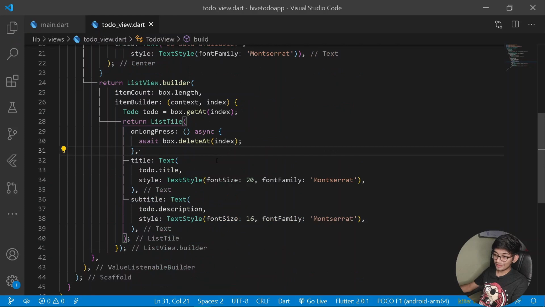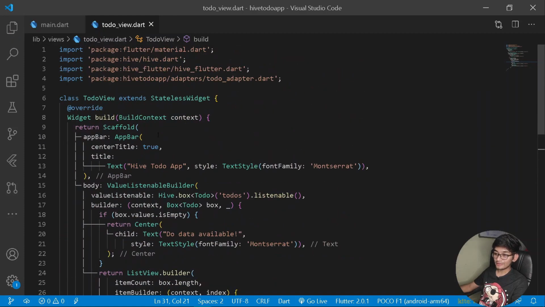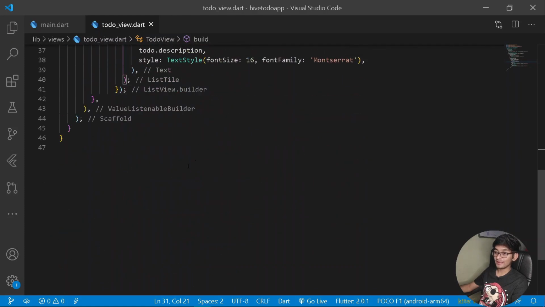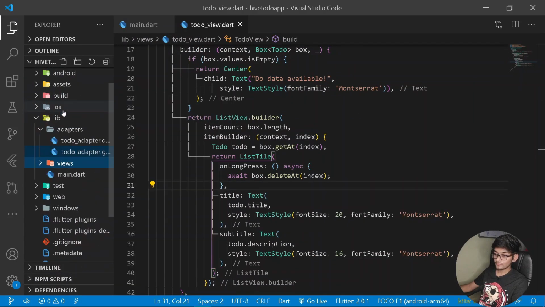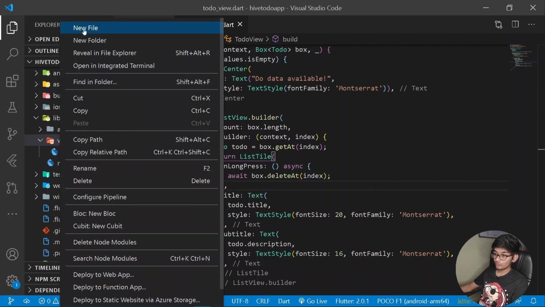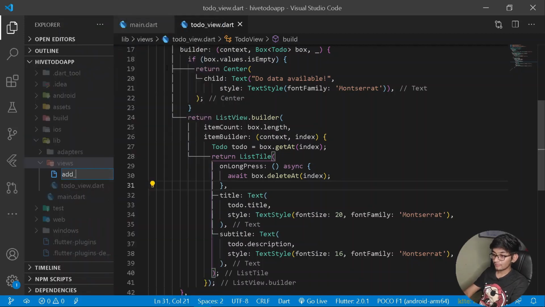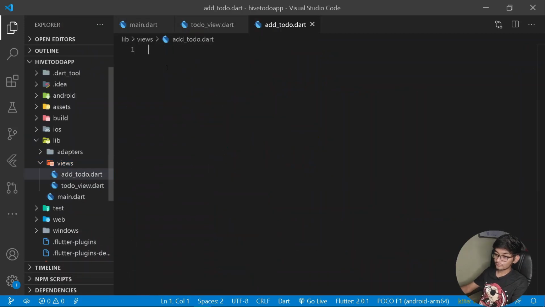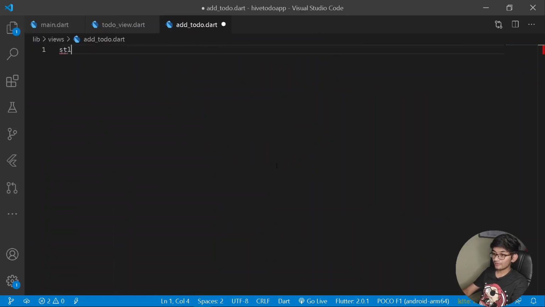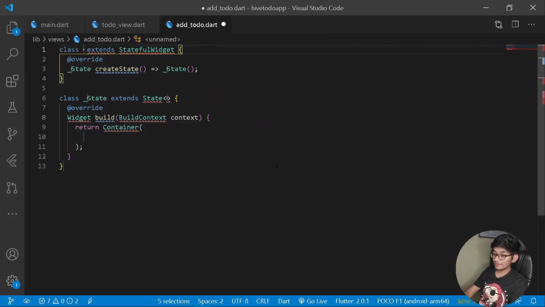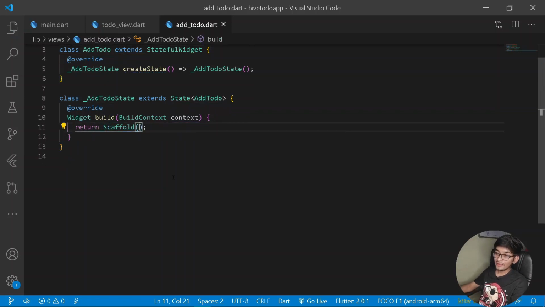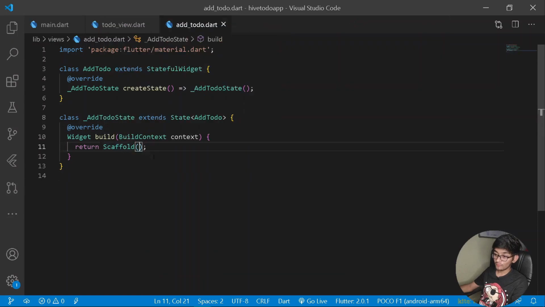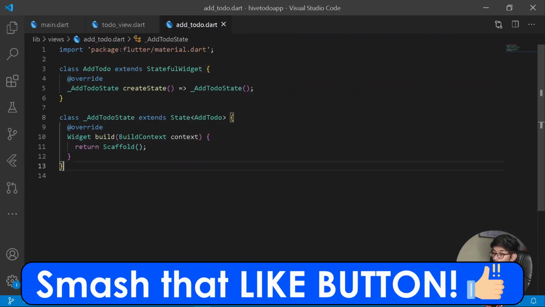So once we have created our to do view, let's also create a new view for adding some to dos under our database. So for that purpose, let's go under our views and create a new file for it. So for doing that thing, I can simply say add to do.dart, and under this, first of all let's have a new stateful widget. Let's say add to do, and instead of a container let's return a new scaffold. Now our add to do shall be under a type of a column, and under a column it will be not a column but a new form.